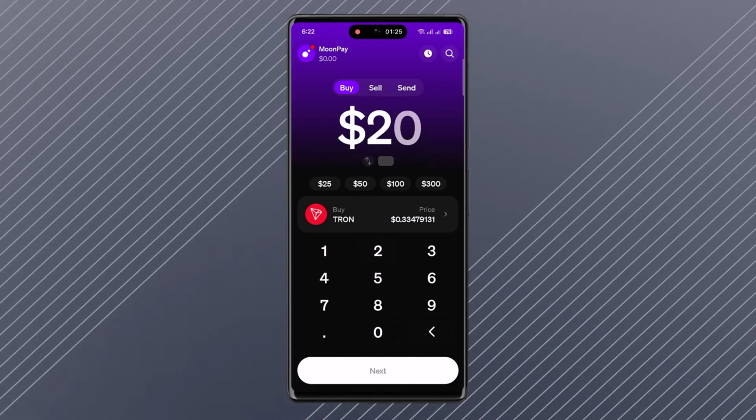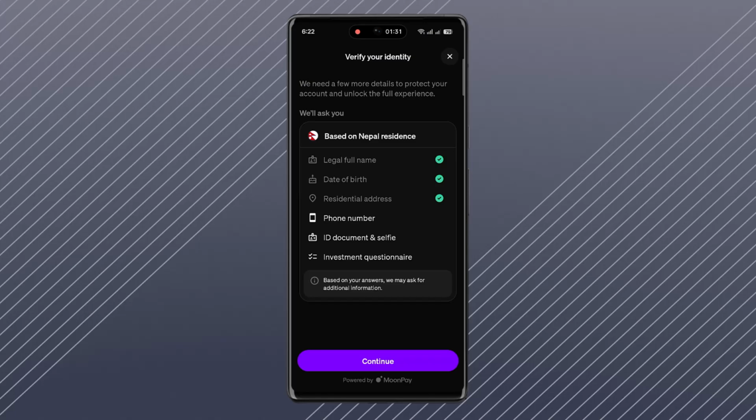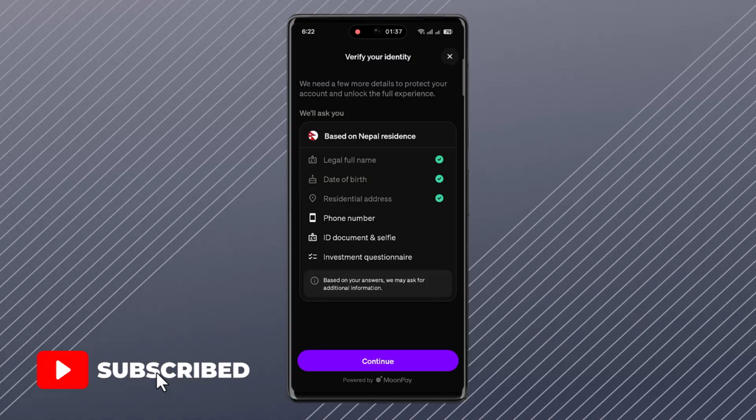So I can go ahead and put the minimum purchase and I can tap on next, and I can enter a couple of other payment details, and once done I'll be able to go ahead and then buy TRX manually if required. But you do not often need to add TRX for gasless USDT